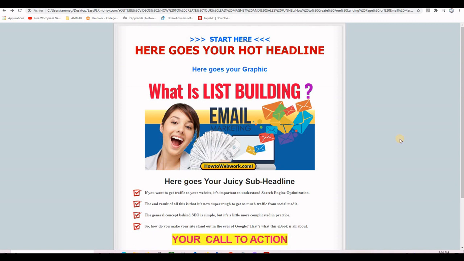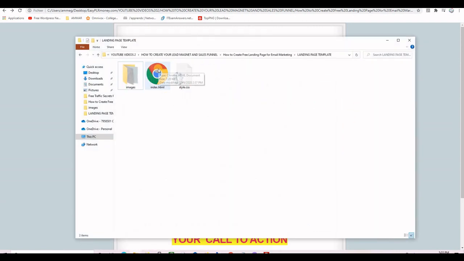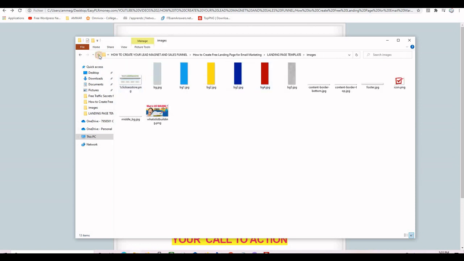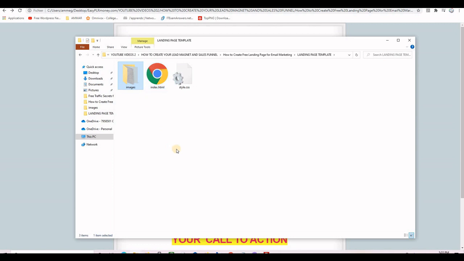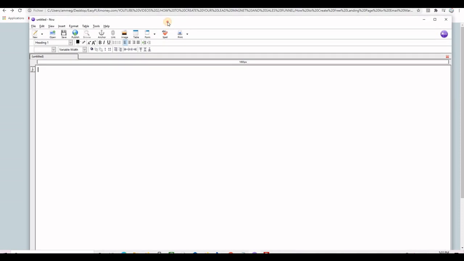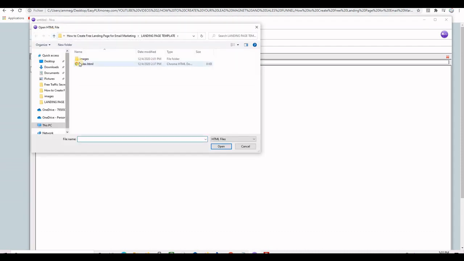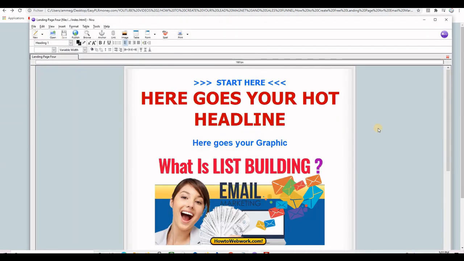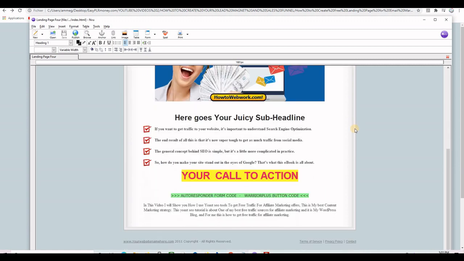So when it comes to plain HTML landing page templates, usually you find them in a folder where there is an index.html file and a subfolder with some images used in that template. And what we need to do actually is edit this file here to customize and make changes. And I use a free software called NVU. You can download it on the internet. And if I click on the open button and I open that index.html file,